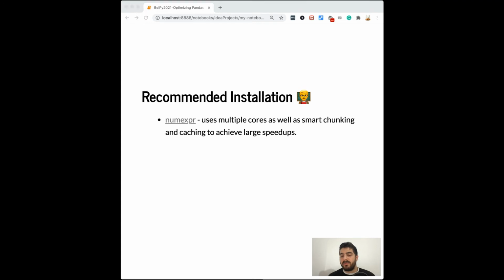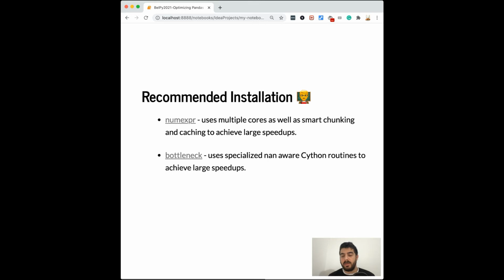So the first recommended installation is numexpr, which is a NumPy evaluation engine, which uses multiple cores as well as smart chunking and caching to achieve large speedups. In addition, it improves memory consumption,